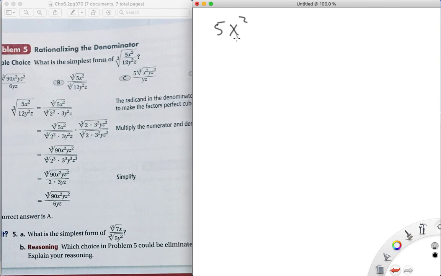5x squared cube root over 12x y squared z to the first, cube root. Okay. So we want these things in terms of perfect cubes, right? I'm going to break up the 12 into a factor of